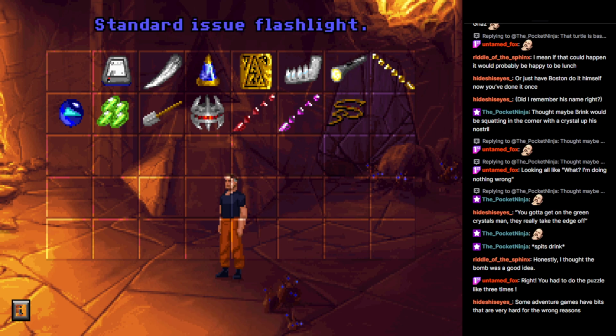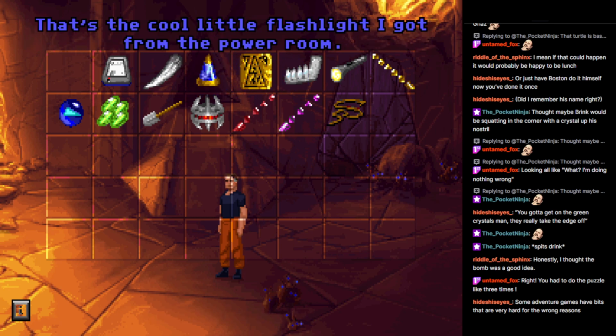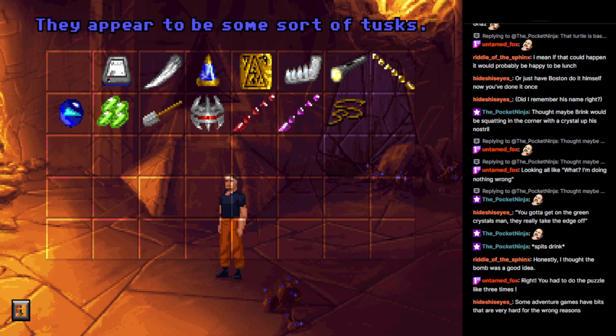Standard issue flashlight. Whatever creature these bones used to be, I don't think we've got anything like it on. That's the cool little flashlight. They appear to be some sort of